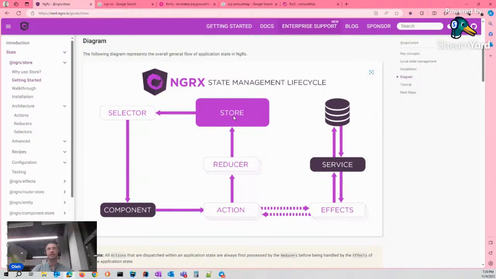One state is just one property of this big store with some set of properties for some special dedicated functionality. We are going to create a to-do list.